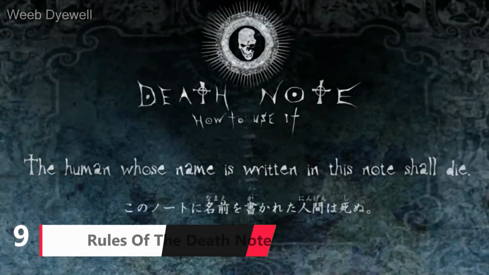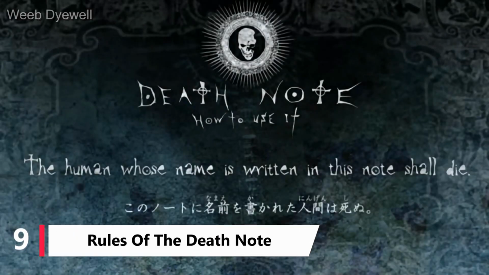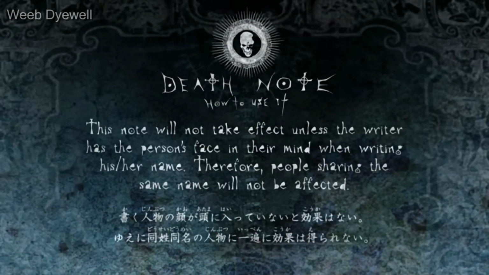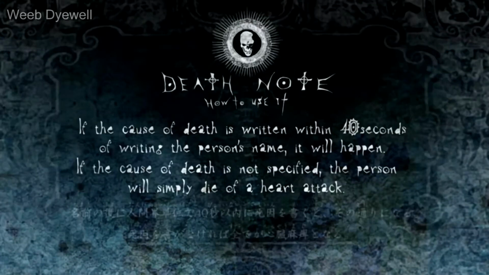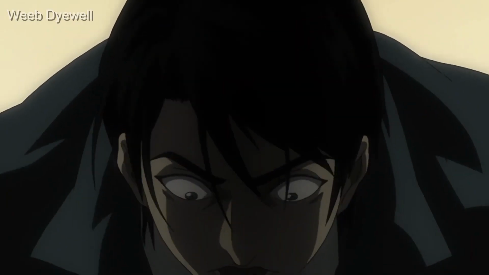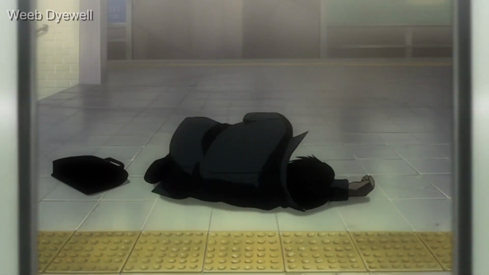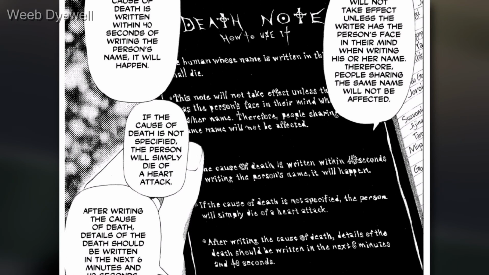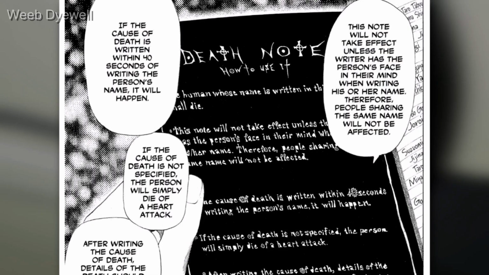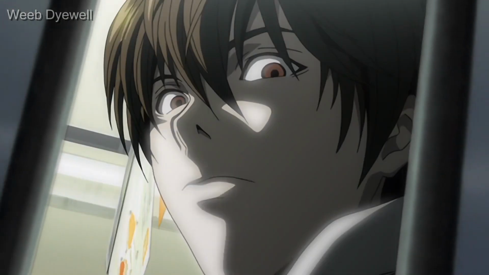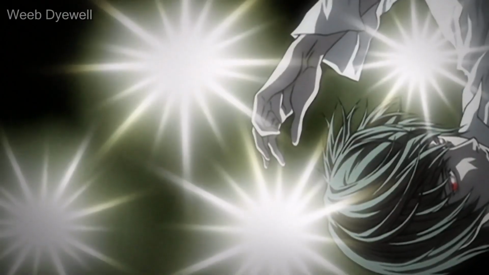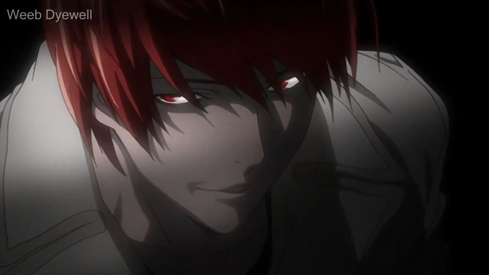On the 9th number, the difference is some of the rules of the Death Note weren't explained in the anime. There were rules on how one could use the Death Note, but not all of them were present when it comes to the anime series. These rules play an important role by showing in which ways you cannot use the Death Note. In the manga, some of the rules had a lot more emphasis than what was shown in the anime. One of the rules stated that you couldn't manipulate a person into killing another person or a whole group of people, like a bomb or mass killing.